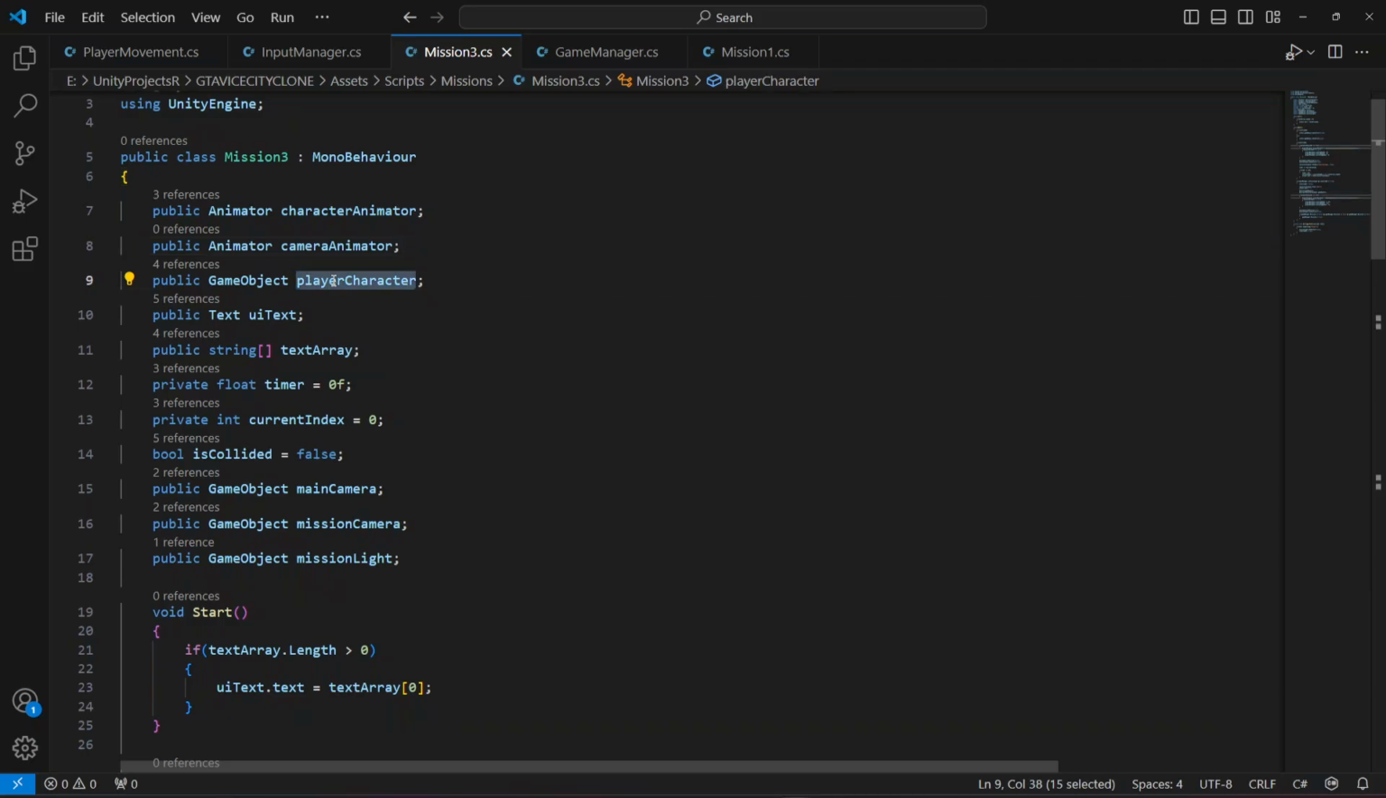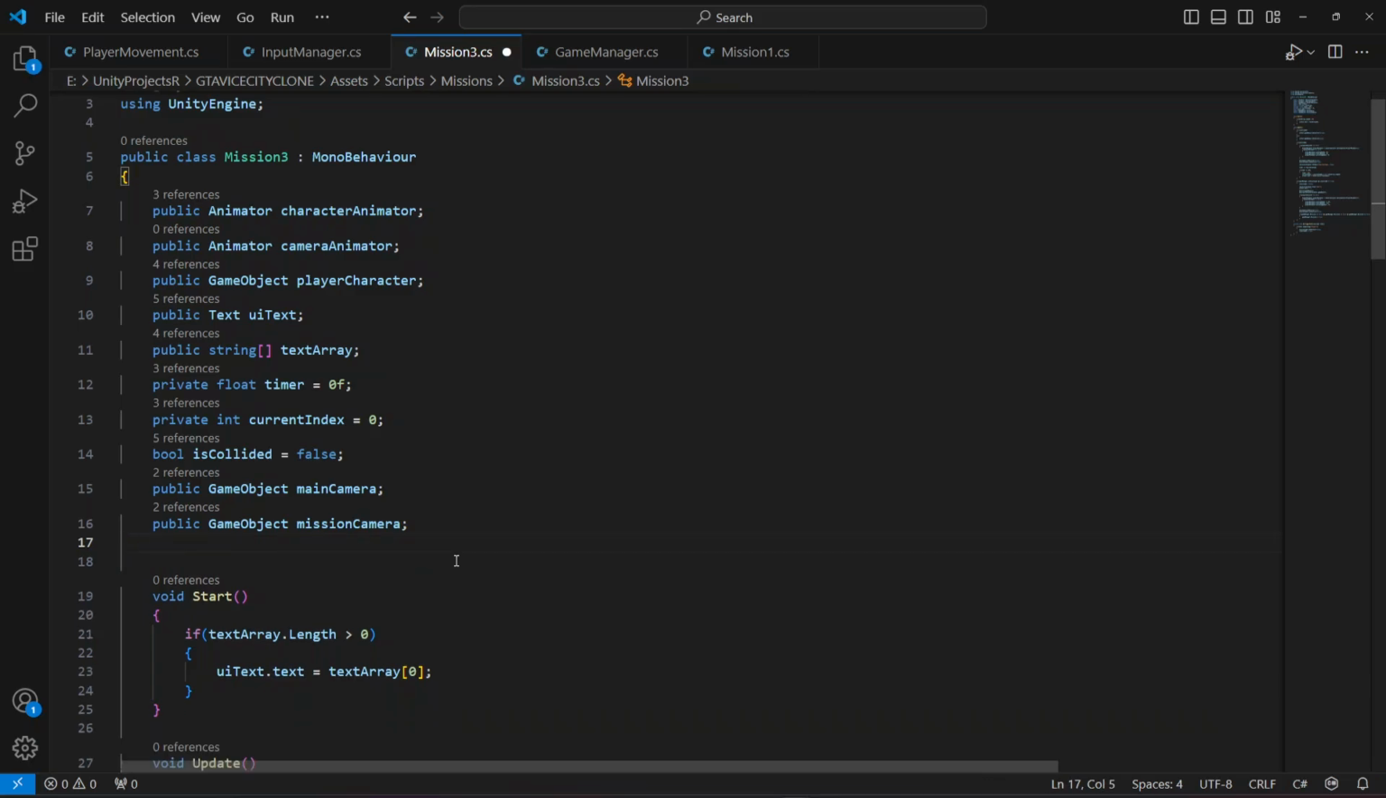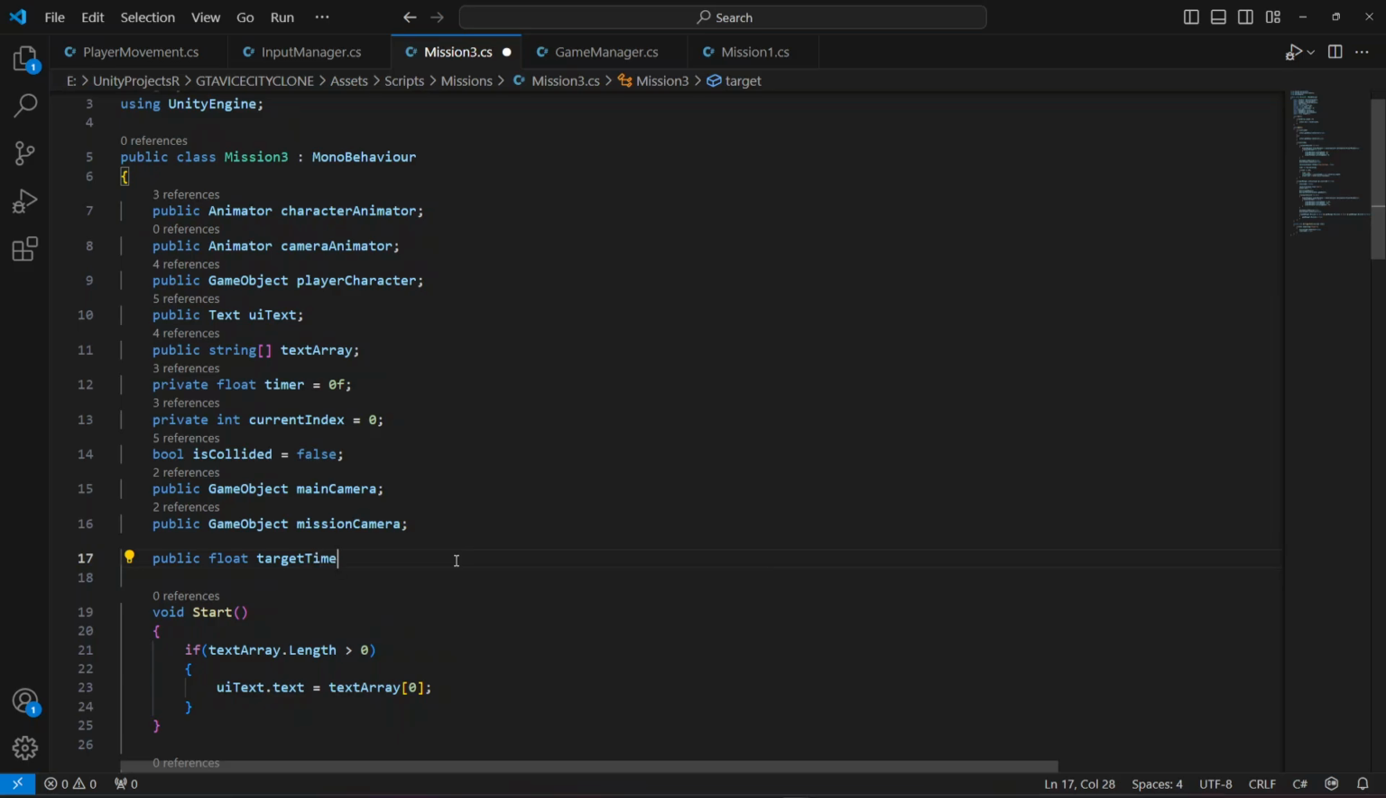Right, then we have the player character, the UI text, text array, timer, current index, is collided, main camera, mission camera, and we need to remove this mission light. Instead of this, we're gonna type public float target time, and we're gonna set the target time to 10 seconds. The reason we created this target time is because after 10 seconds we want to end this cutscene